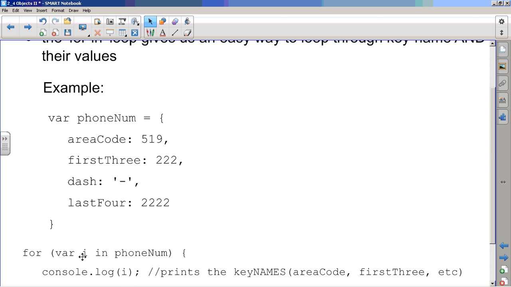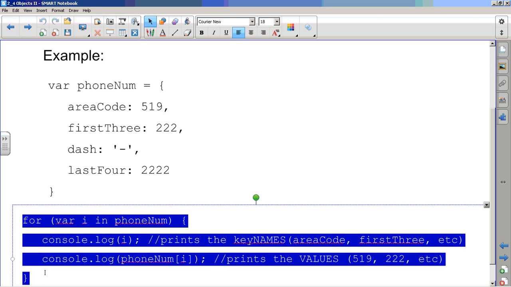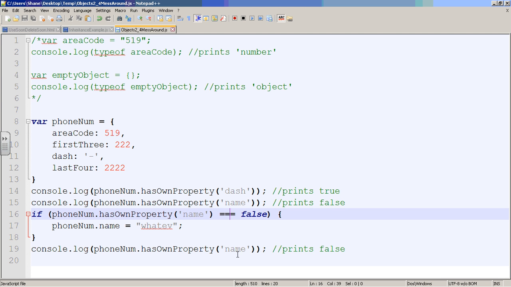So for var in phoneNum, these are, when we talked about JavaScript, the variable names, and then we could get the values by having phoneNum[i]. So i loops through areaCode, then first3, and then dash, and then last4. Notice that if I did it this way, it would actually print those values. So when I actually use this in my JavaScript,